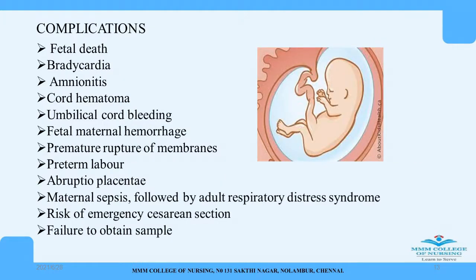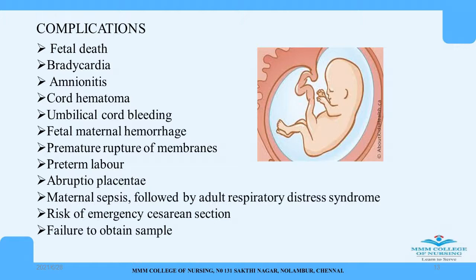Of cordocentesis. As we have seen earlier in the risk factors, the same thing will be discussed here. The complications that occur after cordocentesis are fetal death, bradycardia, amnionitis, that is infection of the amnion, cord hematoma, that is accumulation of blood in the umbilical cord of the baby, umbilical cord bleeding, fetal maternal hemorrhage may occur, then premature rupture of membranes may occur, then preterm labor, then